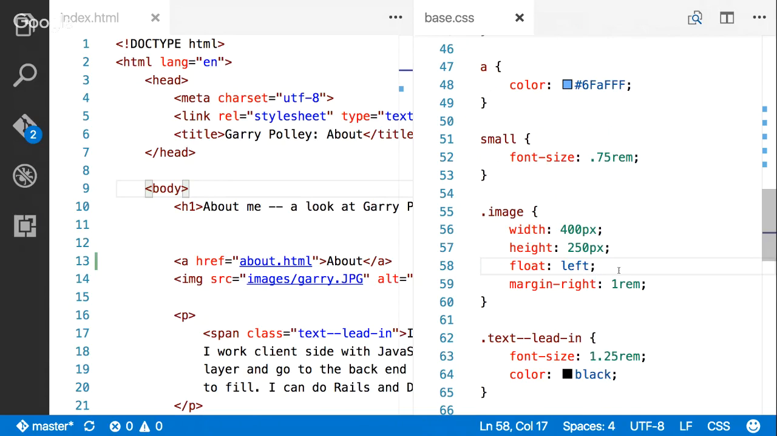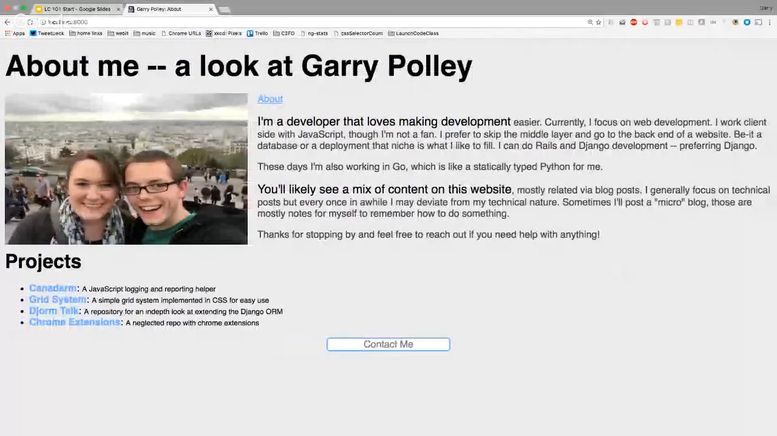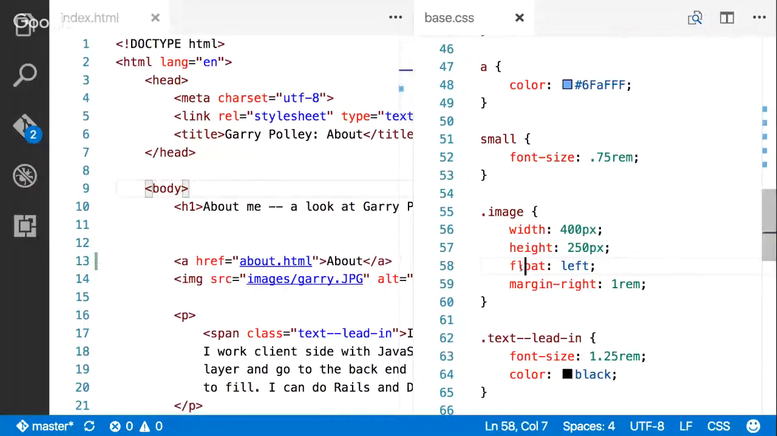Float is something that changes how an element displays. So float left or float right tells the element, I want you to stop blocking the flow of the document, no matter what you are, and I want you to let everything flow past you. So what I do here is I have this set as float left, which is why the image sits here, and then you can see everything off to the right. Now if I remove float left,